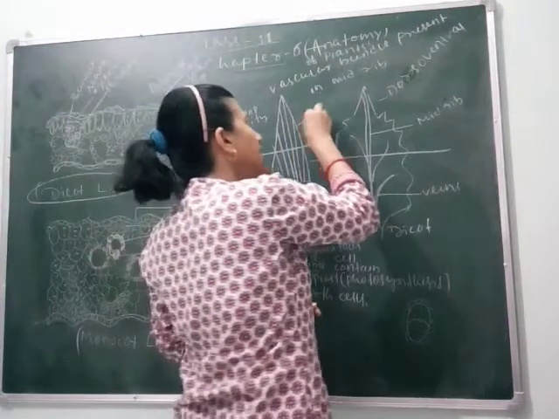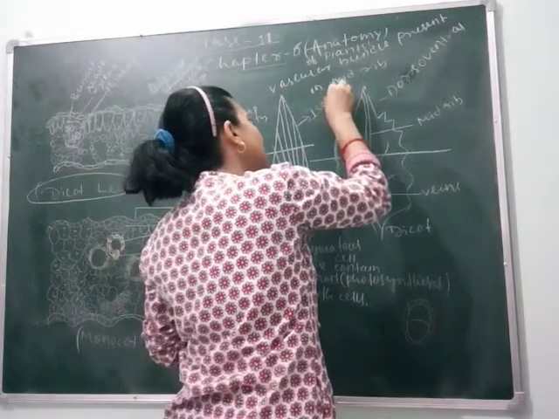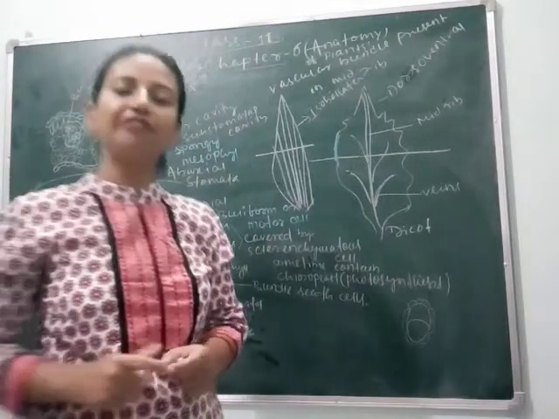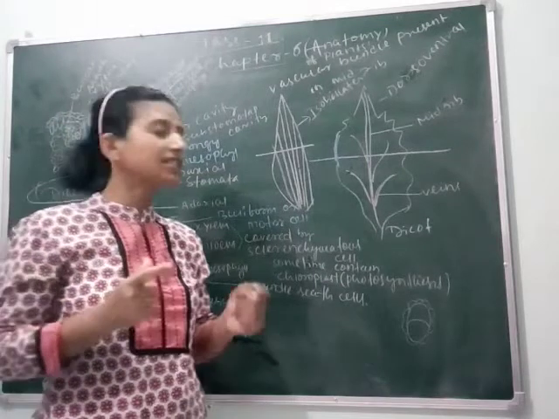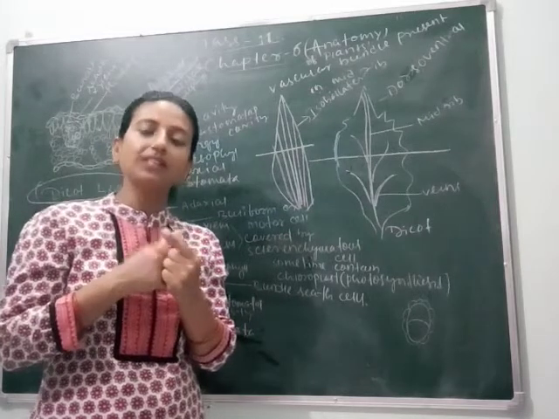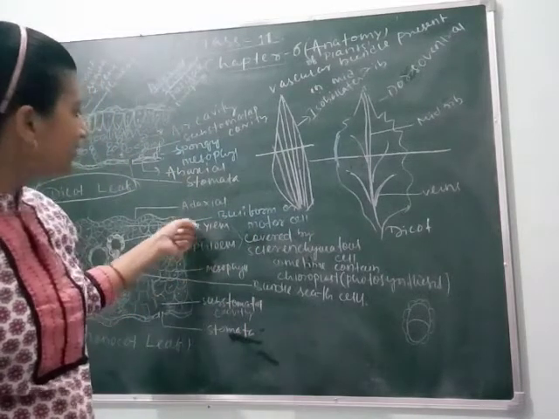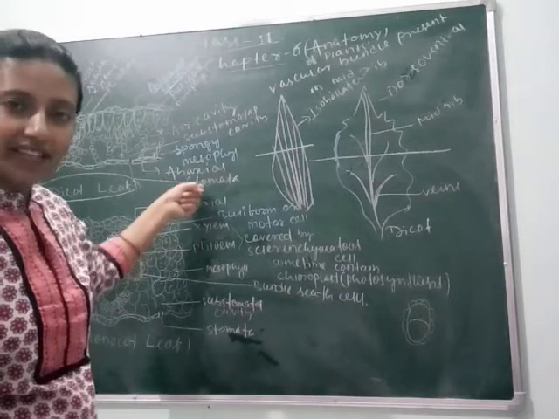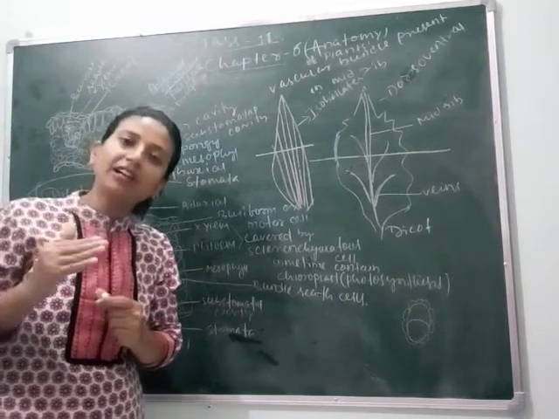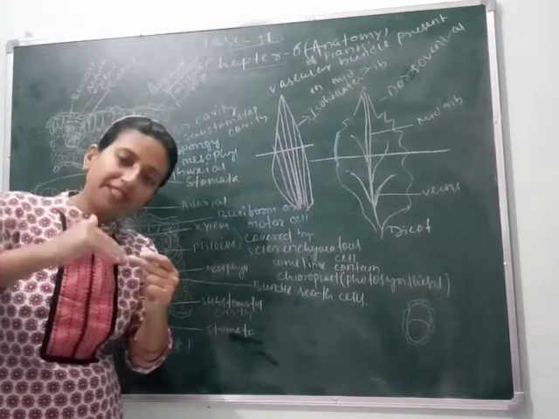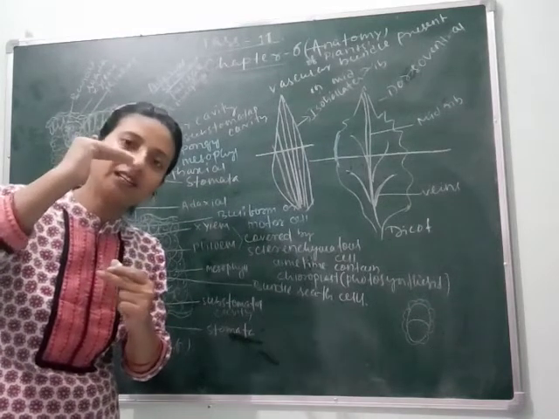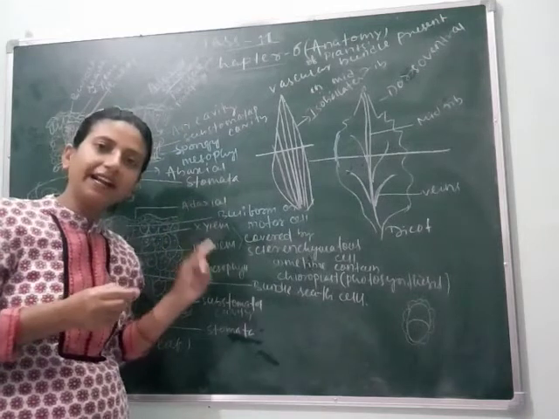But a monocot leaf is isobilateral. Isobilateral means both sides are the same. If you see a bamboo leaf or a leaf of wheat, you can see both surfaces contain an equal number of parenchymatous cells, that is spongy parenchyma. Only spongy parenchyma is present in a monocot leaf, whereas in a dicot leaf both types of parenchyma are present. This is the main difference. In dicot leaves, spongy parenchyma is present at the lower portion and palisade parenchyma or palisade mesophyll is present at the upper surface, meaning adaxial and abaxial respectively.